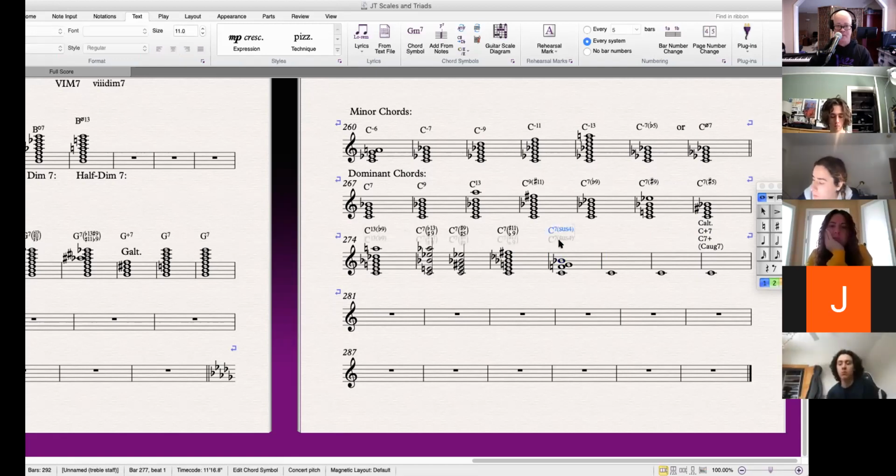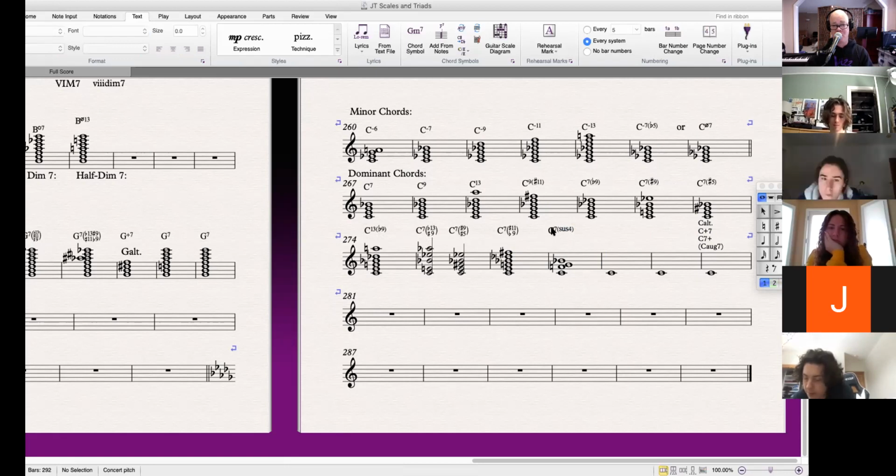a third in it, and we said all dominants have a major third and a minor seventh. We still call it a dominant because it has the minor seventh. It has no third, so it's still a dominant because of the minor 7. And the reason it's not this,